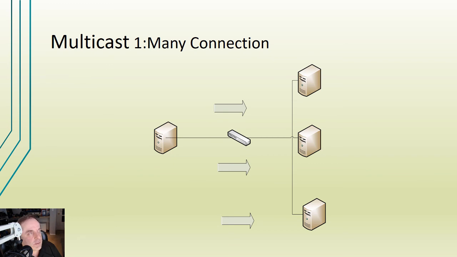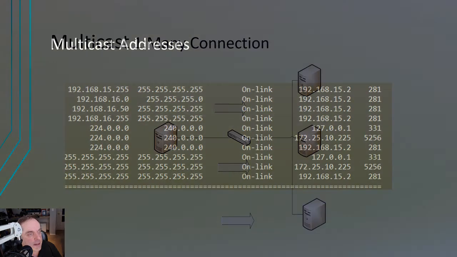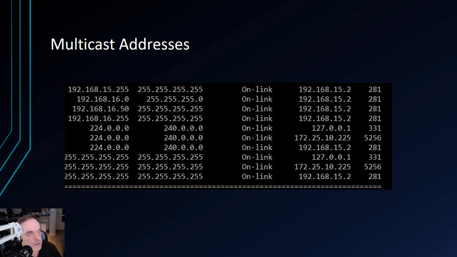Multicast uses a special block of Class D addresses we spoke about in previous videos that are located in this playlist. So take a look. This is a route print command on a computer. This is part of the results that you're going to get. You can see the 192.168.15 subnet there that's listed, and it's the 15.2 address on the right-hand side, top right. And that's our unicast address, or our regular old IP address.